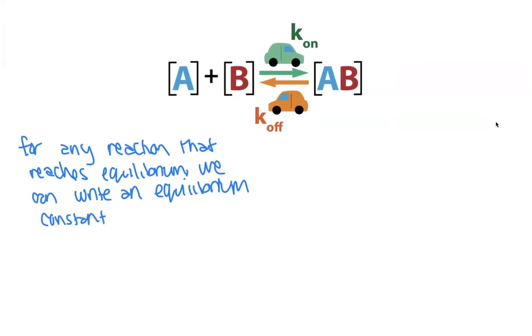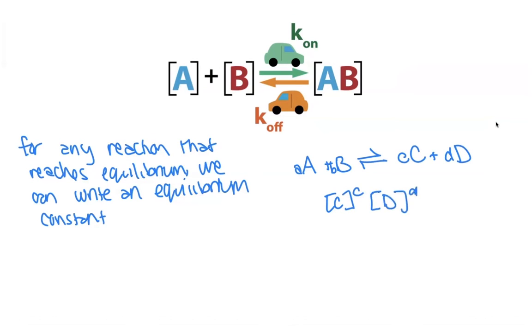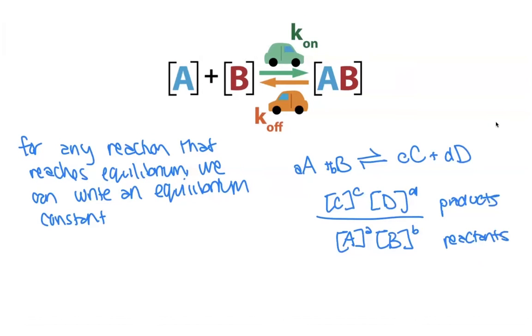So remember, we had that generic form where we had little a A plus little b B going to little c C plus little d D. And then we said, okay, well, we could write this equilibrium constant where we had [C] to the c times [D] to the d over [A] to the a and [B] to the b. So basically we had our products over our reactants. And we could do this for any